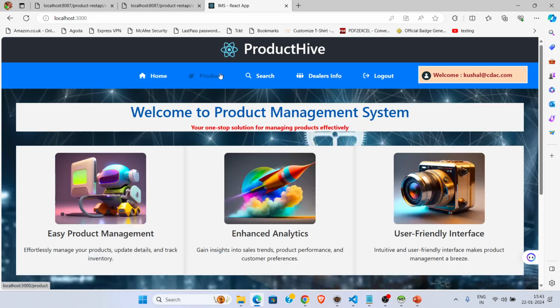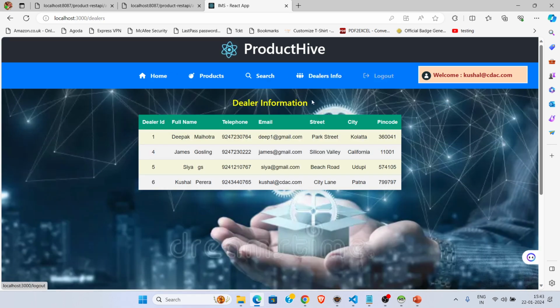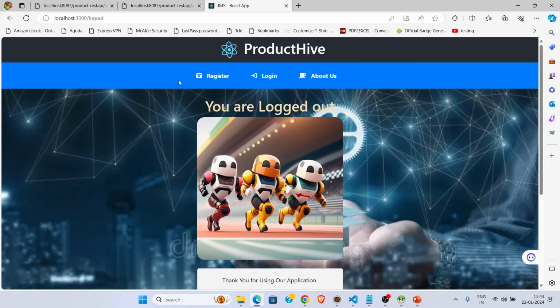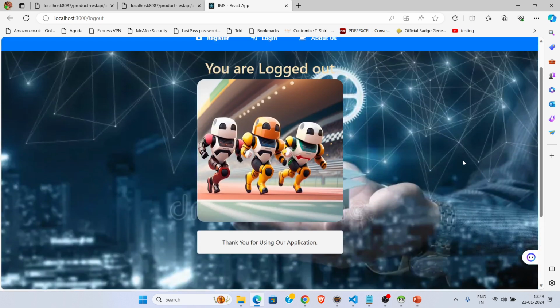So all my links are working. You can just look here, it's a single page application. Once everything is done, what will I do? Log out. My menu will change. So like that. In React, we have to specify the service class that you want to call in Spring Boot. In Spring Boot, you have to